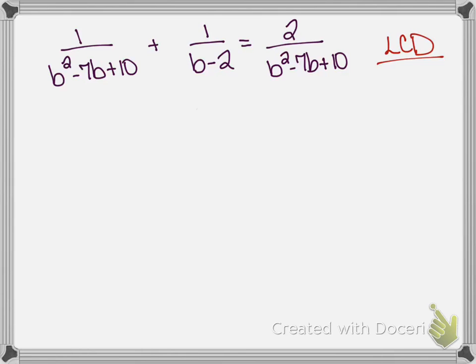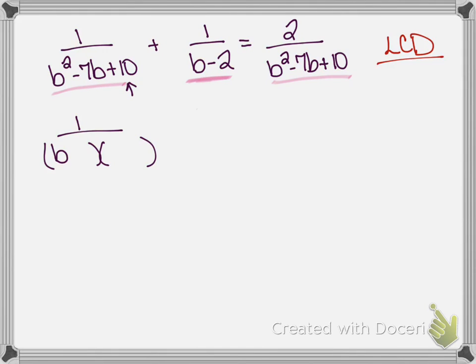Now notice that b squared minus 7b, and these two are the same. So that's kind of a good thing. Those are the same. But go ahead and factor it because you're going to find this might be one of the factors. So I've got 1 over b,